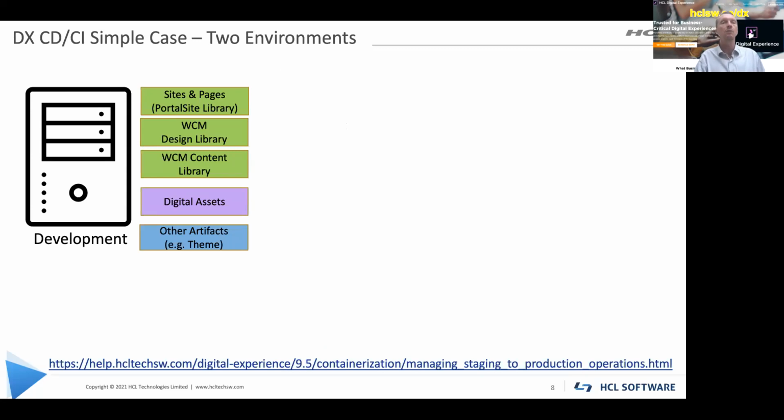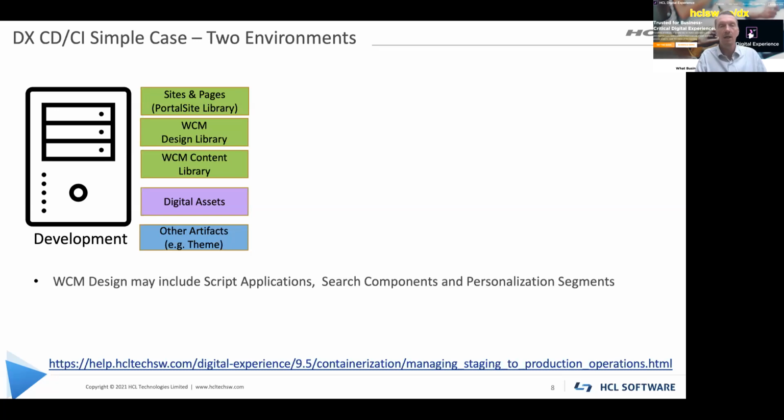And to explain CI/CD very simply, I want to start with a very simple case. You have two environments. You have a development environment, and then in the development environment, you're building your